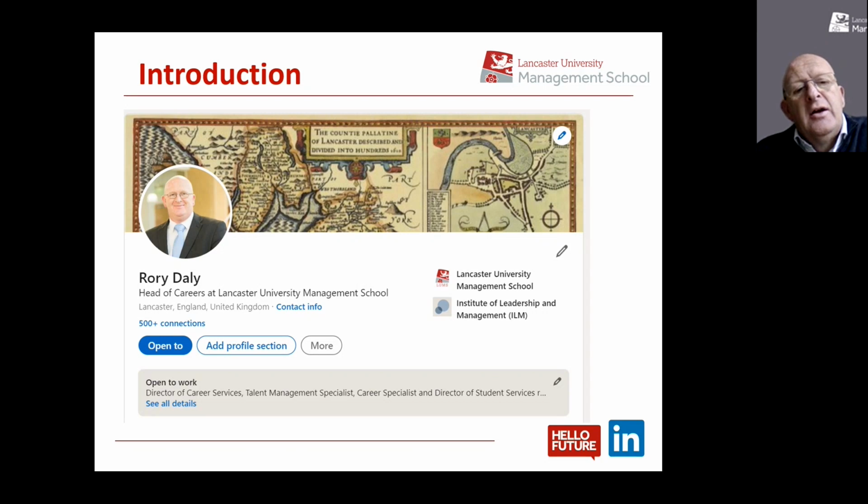Then you'll see at the bottom, open to work. I've turned that on to be able to explain it to you. I don't always have it on. Basically, open to allows you to say what you're open to conversations about. It could be that you're recruiting, as sometimes I have it on that I'm looking for new members of my team. Sometimes I would have it that I'm offering an additional service to people on LinkedIn, say if I was doing some private work. But the majority of people use it to find vacancies, and that's why you have this section called open to work.